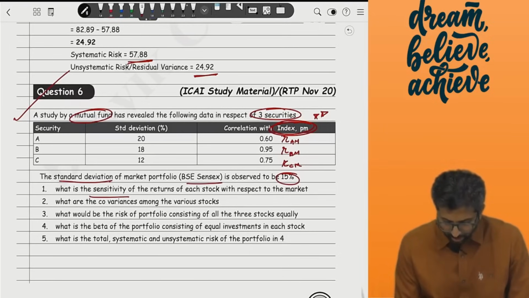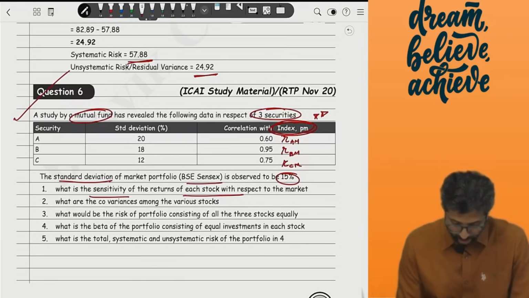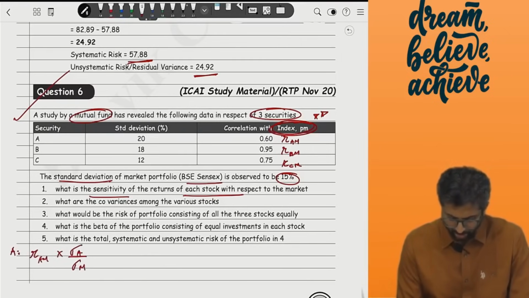What is the sensitivity of the returns of each stock with respect to that of the market? Remember, sensitivity over here is similar to beta. For beta, let us say for stock A, you need to calculate the correlation of A with the market, which you have, into the standard deviation of A, which you have, upon the standard deviation of the market, which also you have,